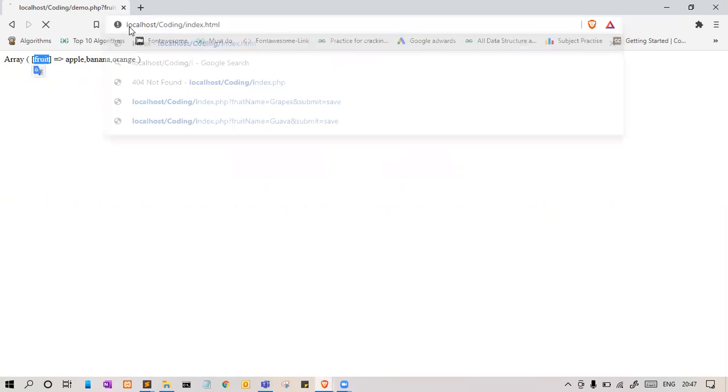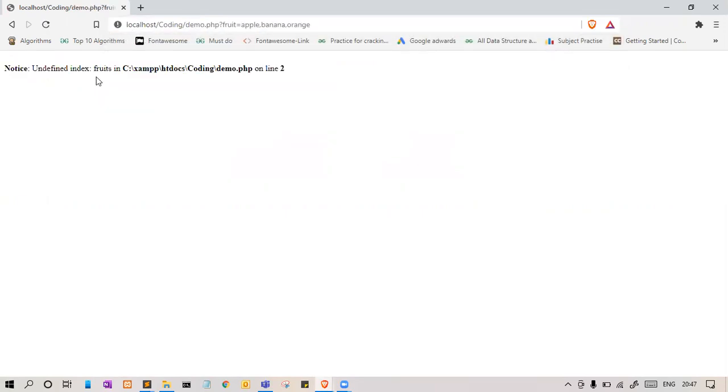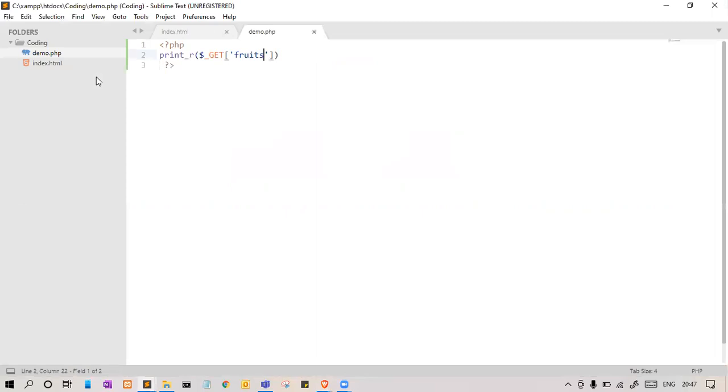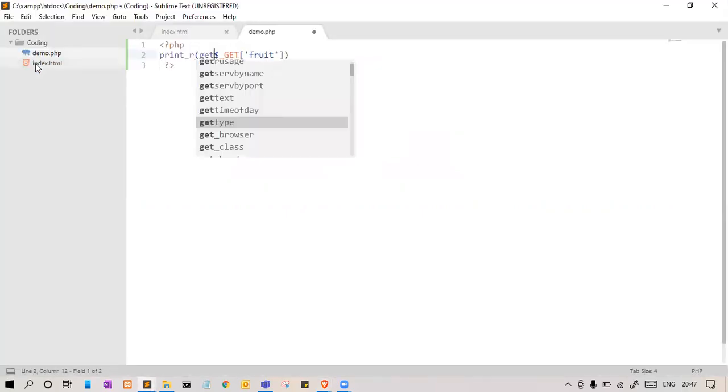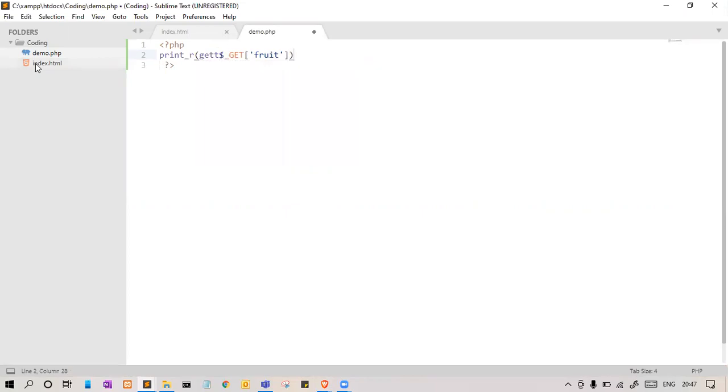Index.php gave an undefined index error because of fruits. Yes, now the data is coming, but there is one problem. Our data is coming in string format, because we passed the data in string format from our file, so here it also comes as a string.